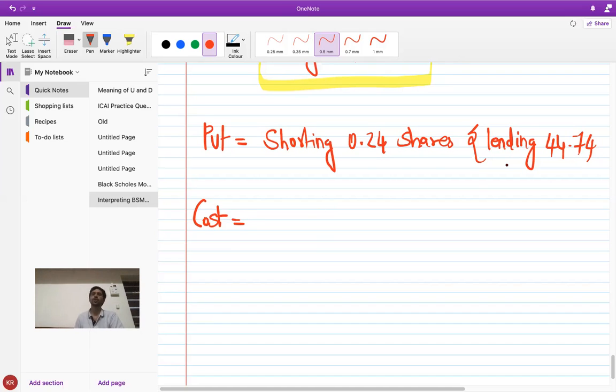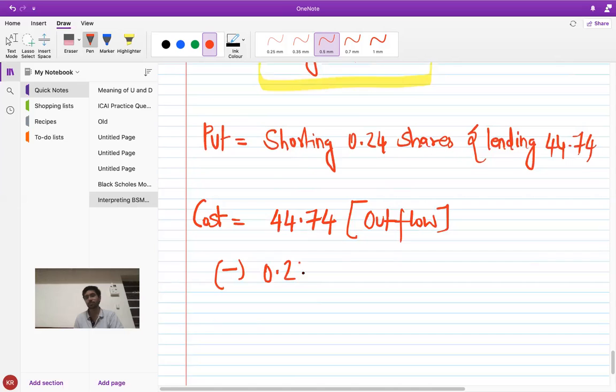Okay, so you're going to lend 44.74. So you're lending 44.74. That is a cash outflow. Okay, but then you receive some amount by shorting 0.24 shares, where one share's cost is 170. So the cash inflow that you actually receive is 170 into 0.24, which is equal to